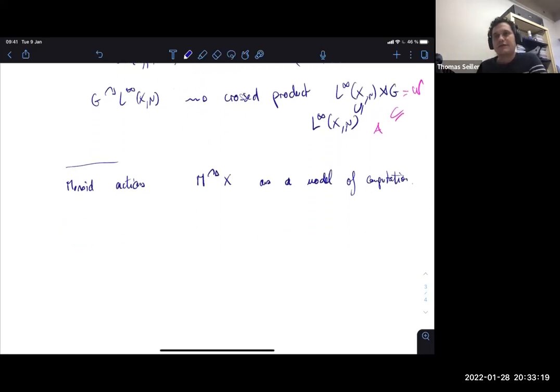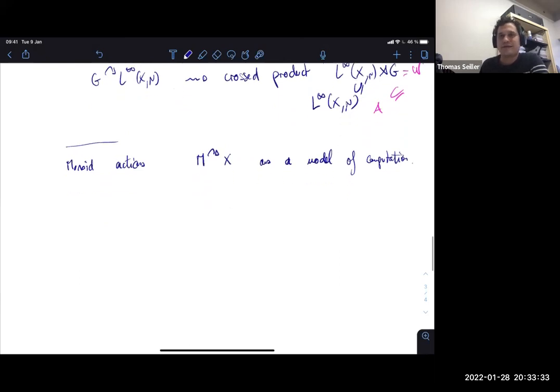So the idea is very simple. I will just give an example. It's that X is the set of possible configurations of a machine, and then G, oh, now it's M. M is generated by basic instructions. So the basic example of a model of computation is a Turing machine. So let's do that. You take X as a set of